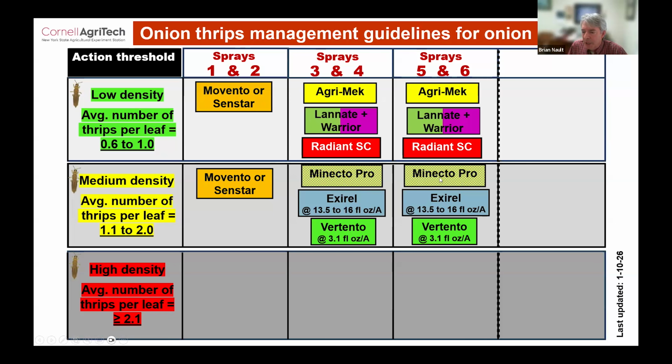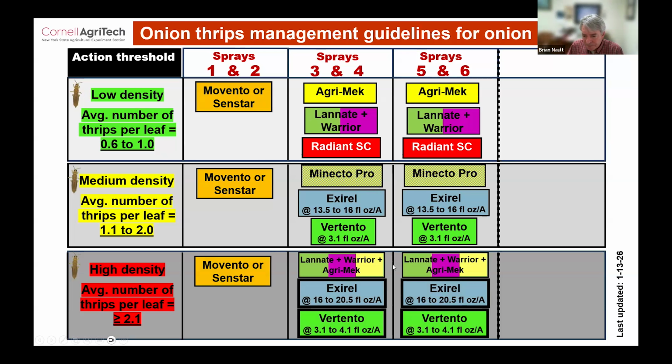Same thing for sprays 5 and 6. But of course, you wouldn't want to use the same one for 3 and 4 and then 5 and 6, obviously, based on what I just told you. And then for the high density, obviously Movento or Senstar, but we could use the trifecta of Lanate plus Warrior